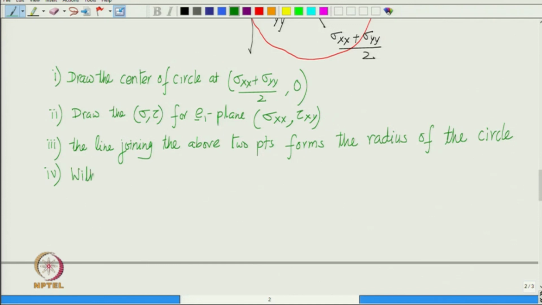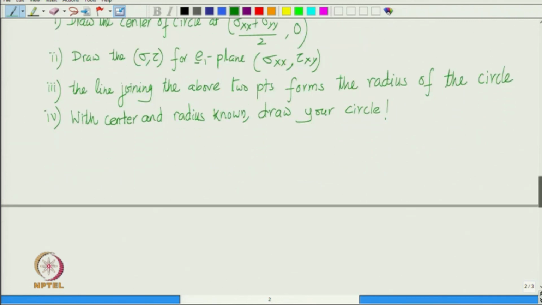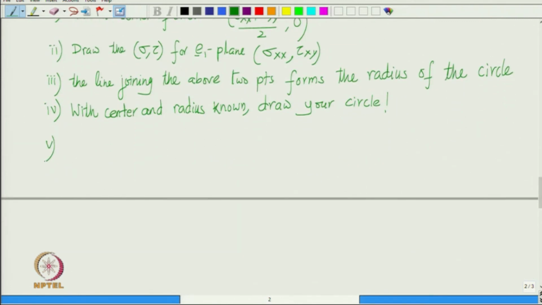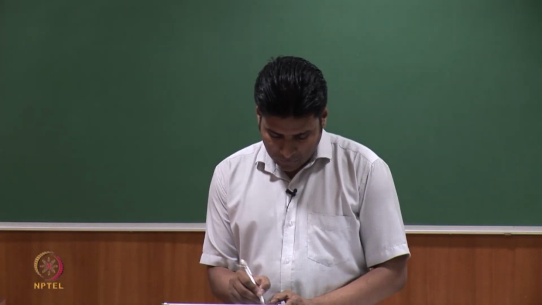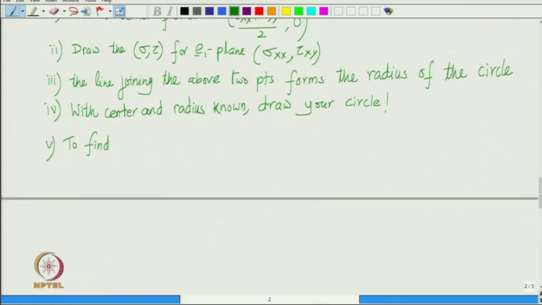With center and radius known, draw your circle. So, once we have the circle, now to find sigma tau